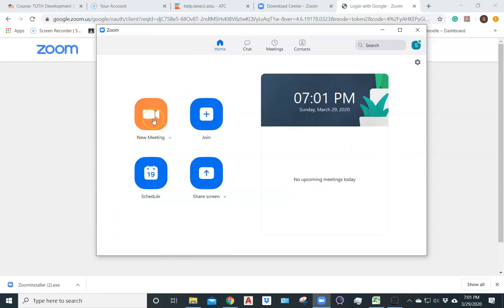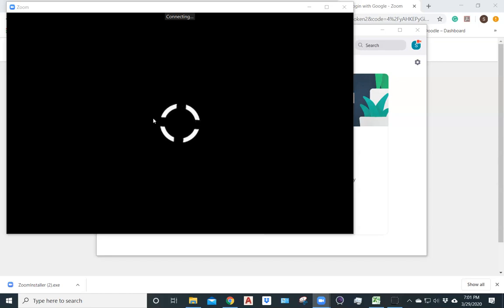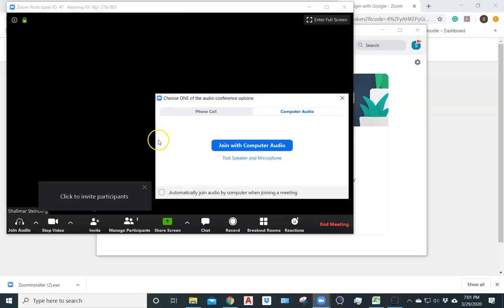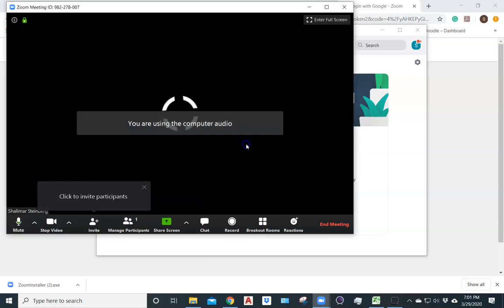If you click on a new meeting, it's going to pull up this window. If you have a camera set up, it will say to start the video. For me, my computer doesn't come automatically with a camera, so I would just join with computer audio. Or I can use my phone with an app that's on it to act as a webcam, that's attached to this program. So if I were to join with just computer audio, for example,